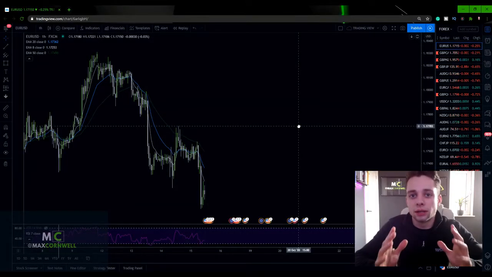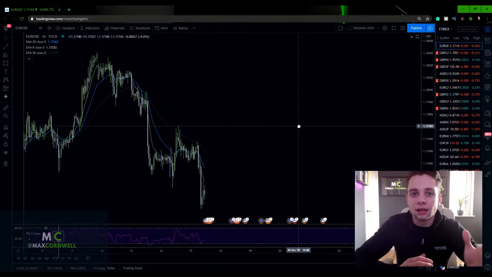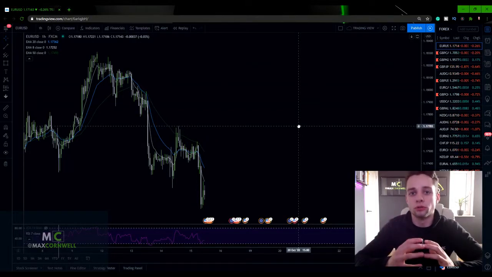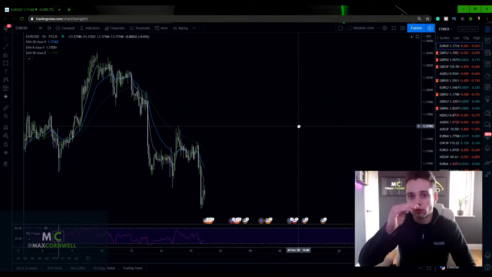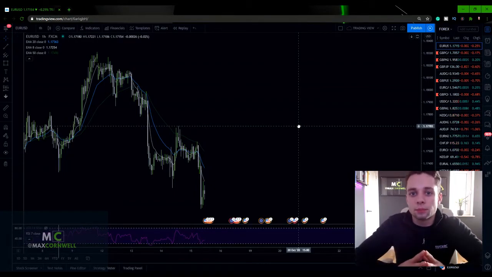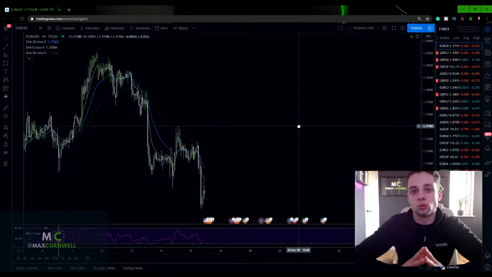So in effect, leverage is the broker lending us money. With a smaller amount of capital, we basically put that down as a deposit, and the broker then allows us to control a much larger amount of capital so that we can earn more money off of the trade. Because in the Forex market, the price doesn't move a lot. There's only really small tiny movements in price every day, and if we want to capitalize off of these little price movements, we need to control a much larger amount of capital. So what the broker does is they allow us to control a much larger amount of capital with a small